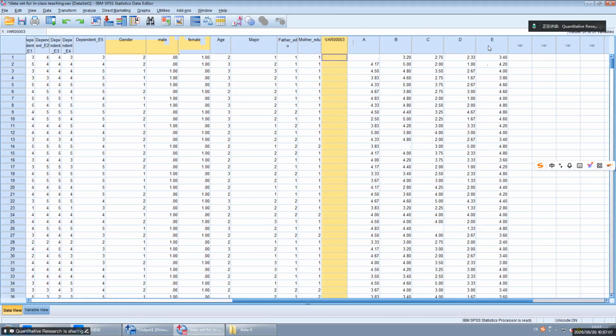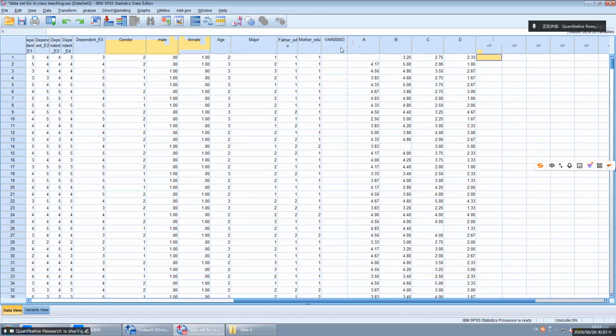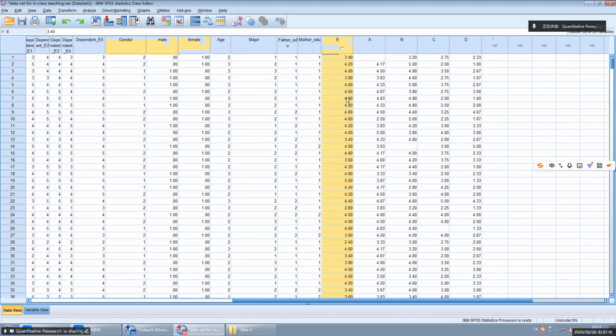So I cut E and paste E in here. That's okay.